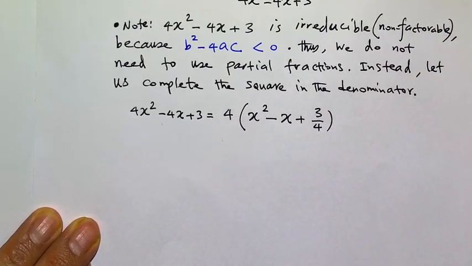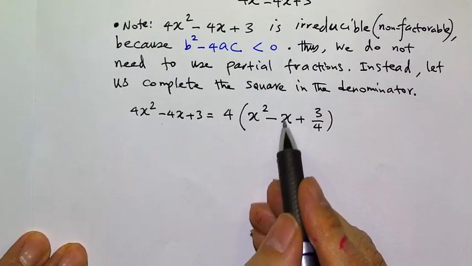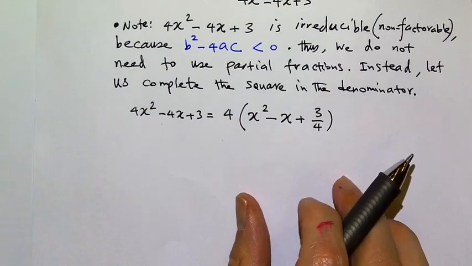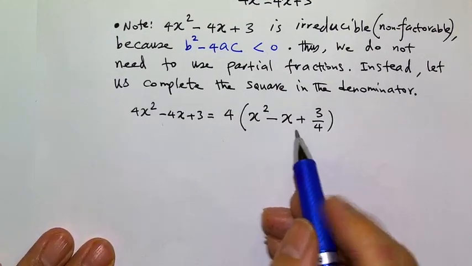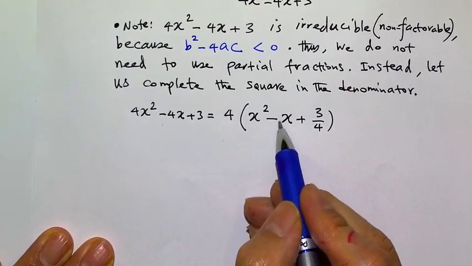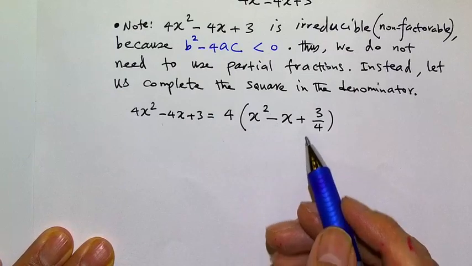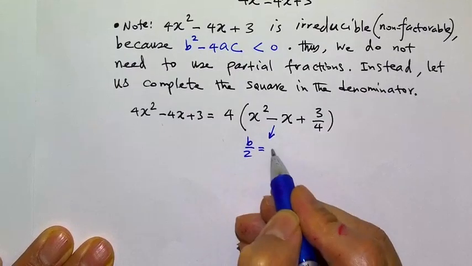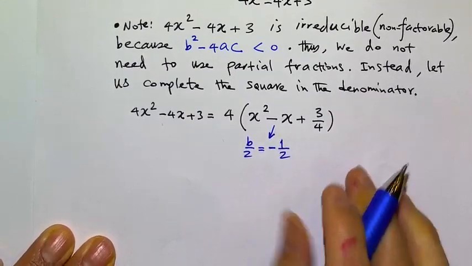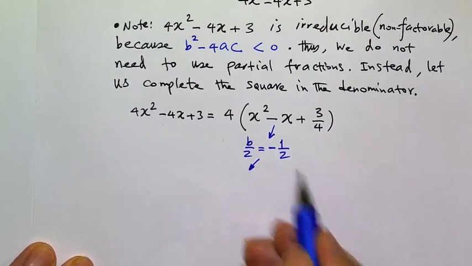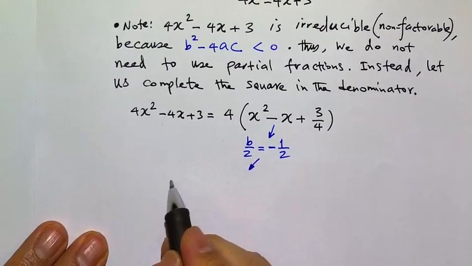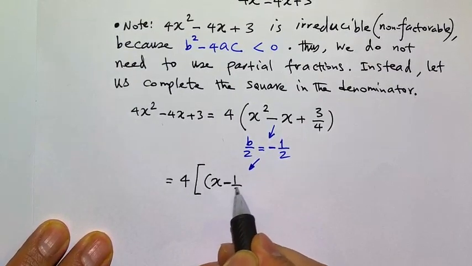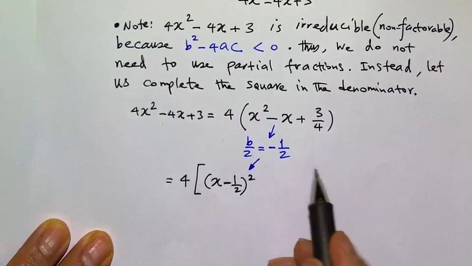From that expression, this is where we end up. The b term, or the x term, has coefficient minus 1. Earlier, when I gave you that short refresher, whatever you end up with for b after you factor, you divide it by 2. So b should always be divided by 2, so we end up with minus 1/2, and as soon as you have that value, you can write 4 times x minus 1/2 squared plus